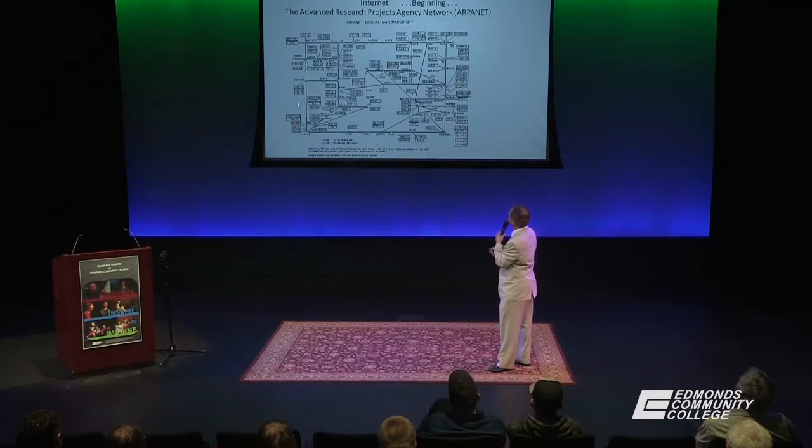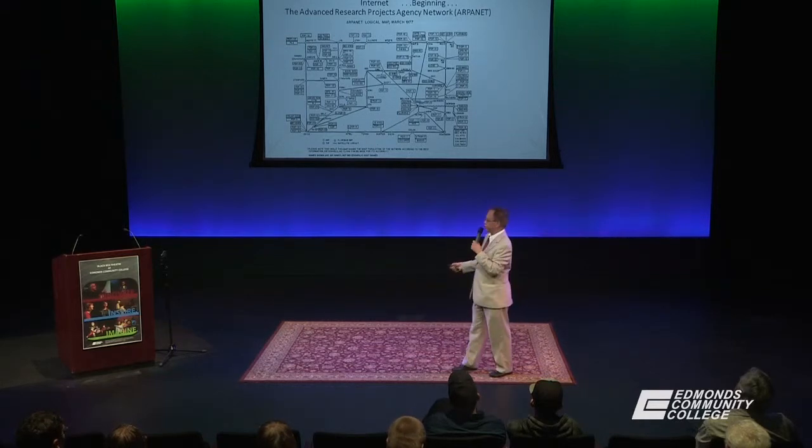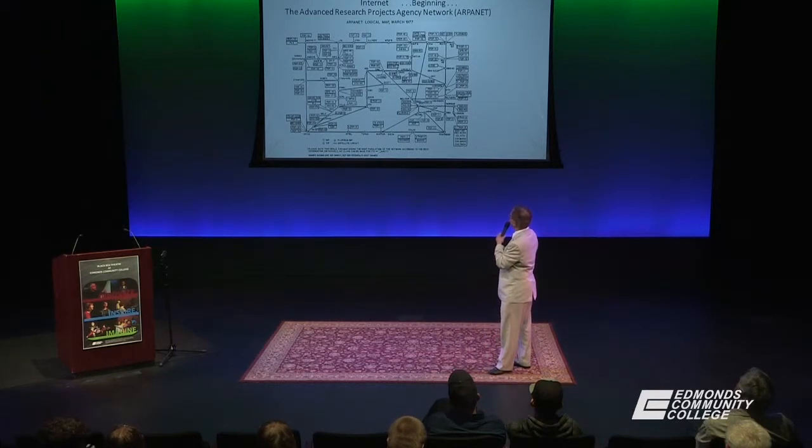I can send it from here to here, and then I can reach Hawaii, or I can send it from here to here to here. I can also send it to Hawaii. The idea is, if there's a malfunction in this network, or this phone line, or an enemy destroys this phone line, I can always find a path or a way to connect electronically or call Hawaii from the Pentagon.